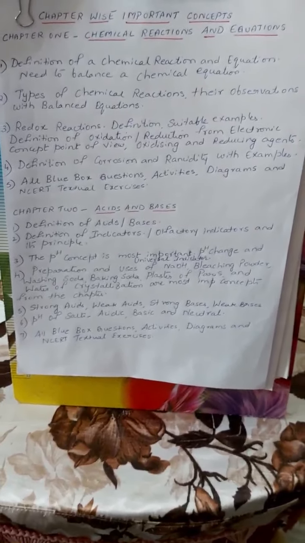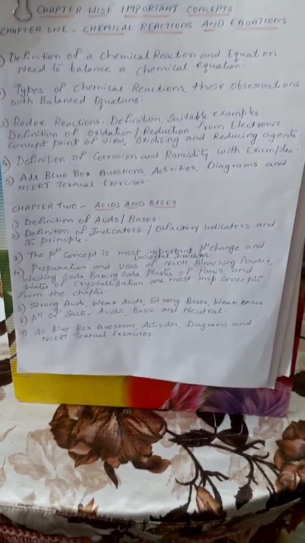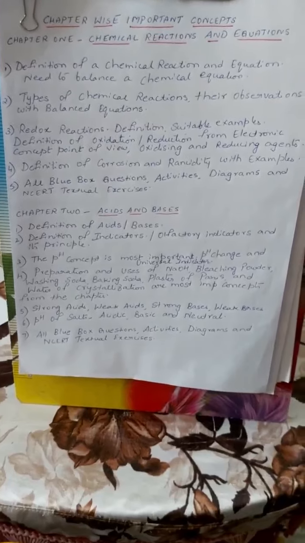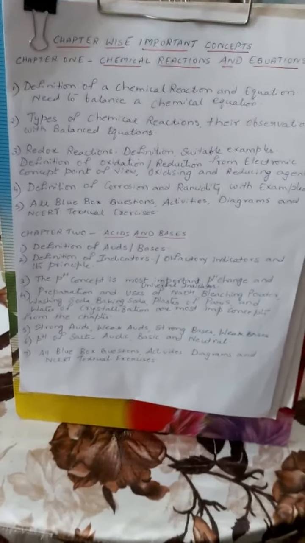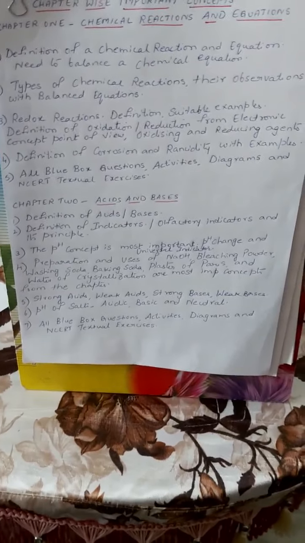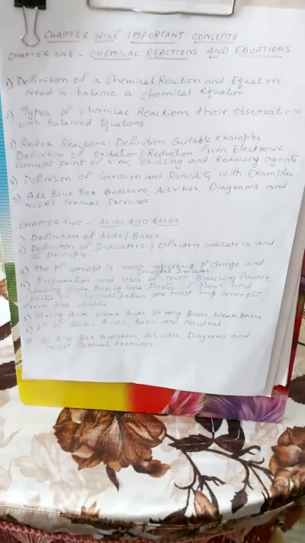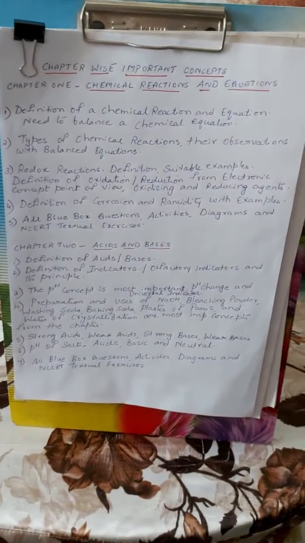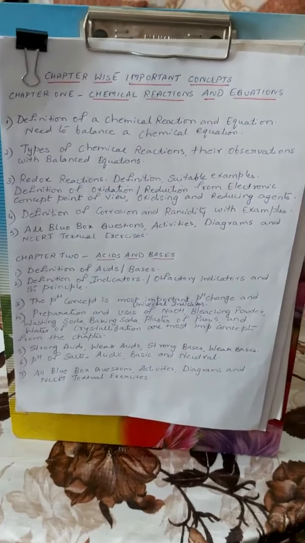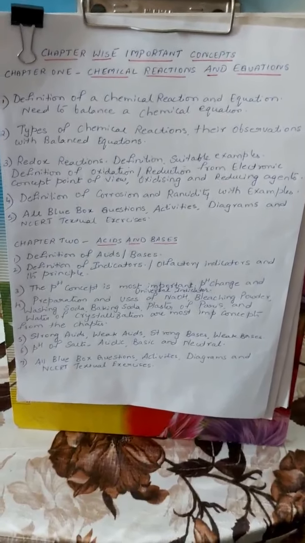You need to know how to balance a chemical equation. The types of chemical reactions, their observations with balanced equations. So a student needs to practice all the 4 types of chemical reactions: chemical combination, decomposition, displacement, and double decomposition reactions. Redox reactions, one needs to know the definition of what is a redox reaction along with suitable